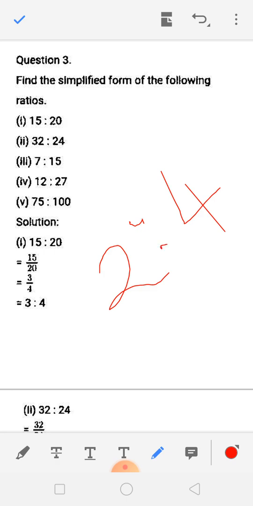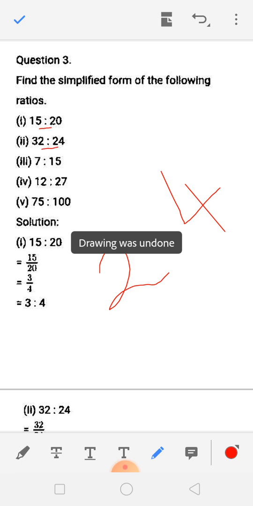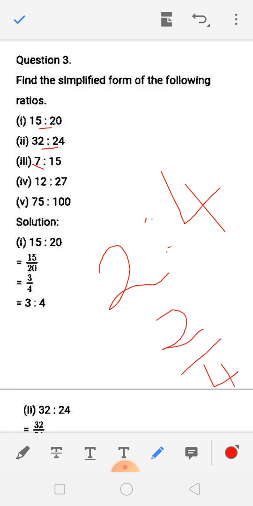There is a colon in between two numbers. Look at here, there is a colon in between two numbers, which means that is called a ratio. So I can write that ratio in divided-by form. Suppose 2:4, which means I can write 2 ratio 4 as 2 divided by 4. Yeah, this is also ratio form only.